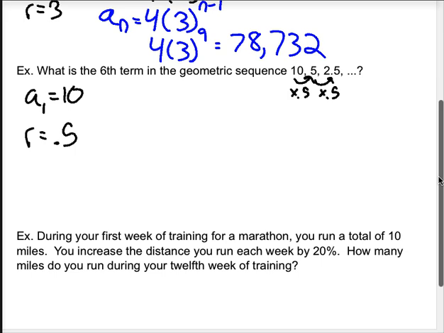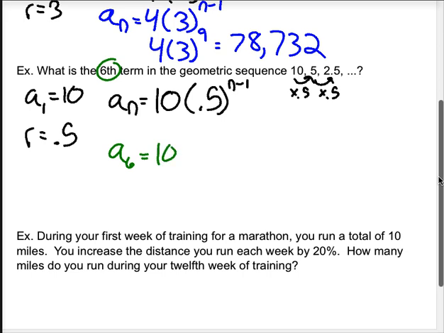All right, so that gives us what we need to set up our formula. A to the n is A1 times R to the n minus 1. So it wants us to find the 6th term. So I'm going to plug in 6. So 6 minus 1 gives me 5. So I need 10 times 0.5 to the 5th power. And that is going to give me